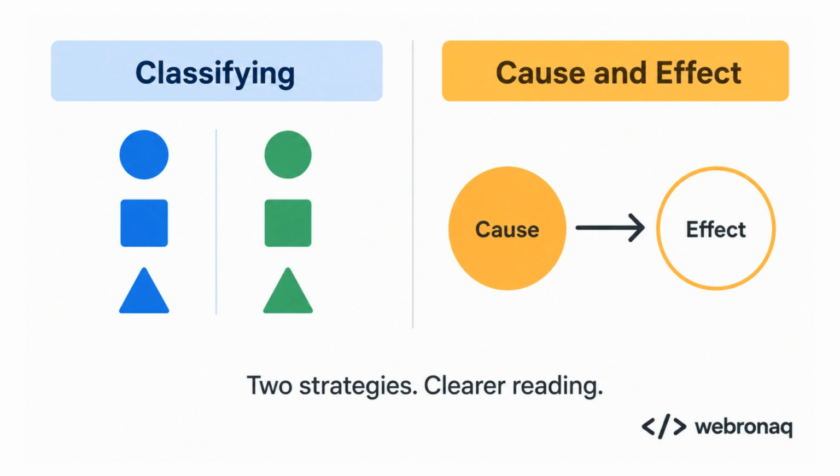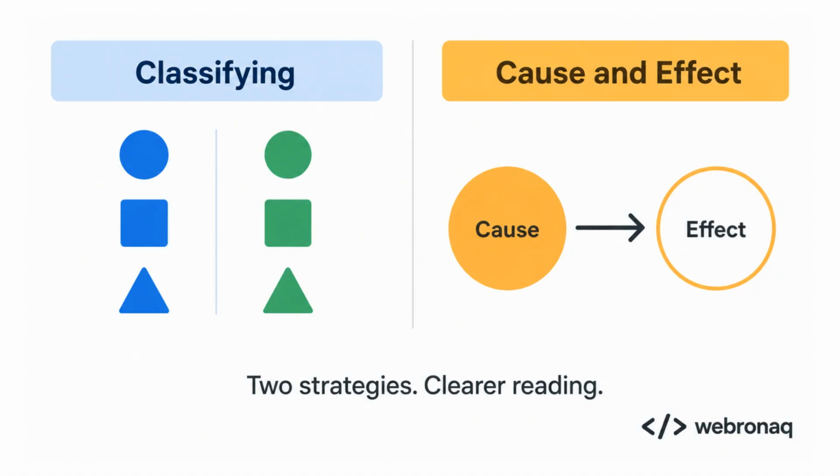Here is a question for you. Have you ever read a paragraph twice and still felt confused about what the writer was actually saying? That feeling usually comes from missing a pattern the writer is using. In this video, we are going to fix that by looking at two powerful reading strategies: classifying and cause and